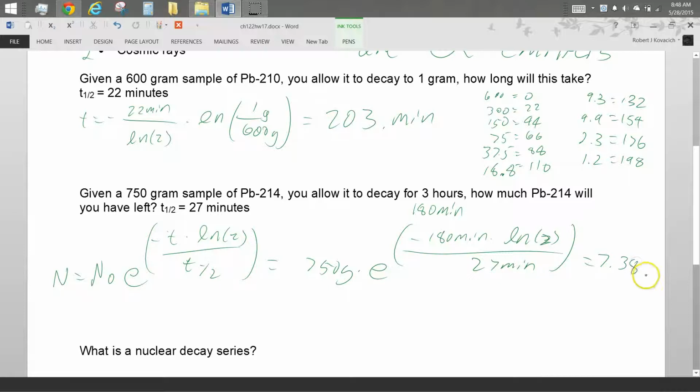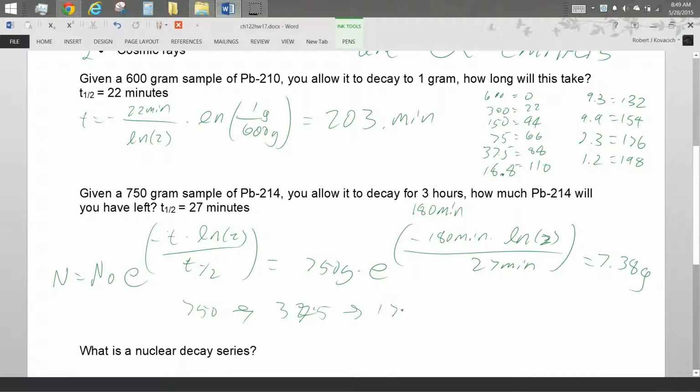7.38 grams. Does that number make sense? How many half-lives do we have? Ish. 6? Are we okay with about 6? It's about a half an hour, 27 minutes. So we have about 6 half-lives. So if I drop this 6 times, so 750 goes to 375, 375 goes to 100 and